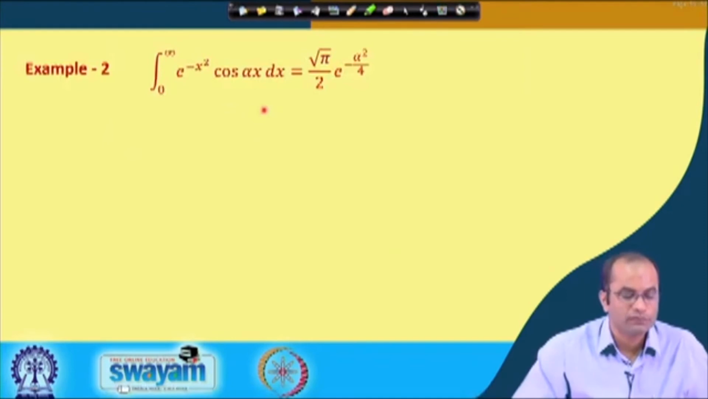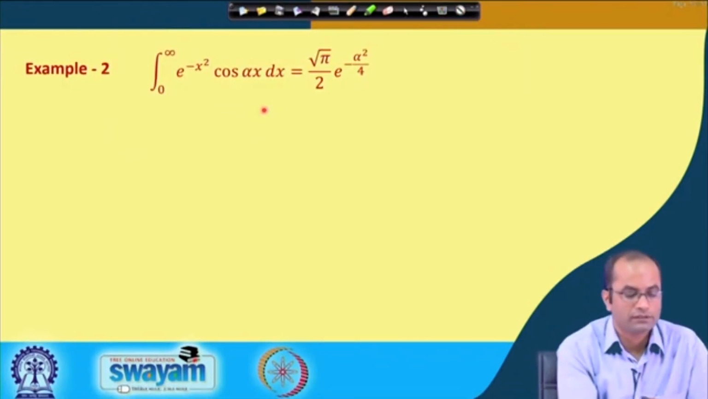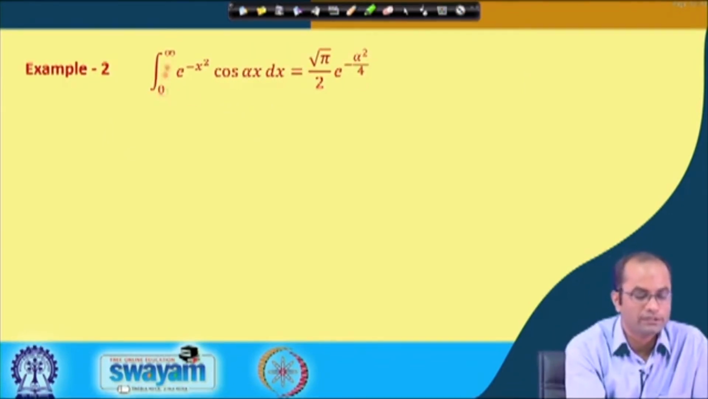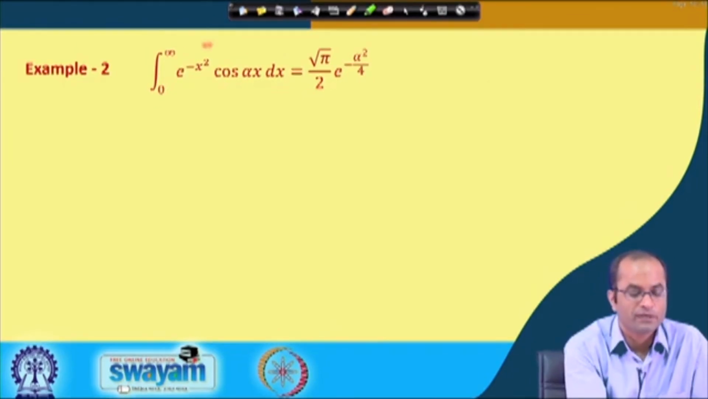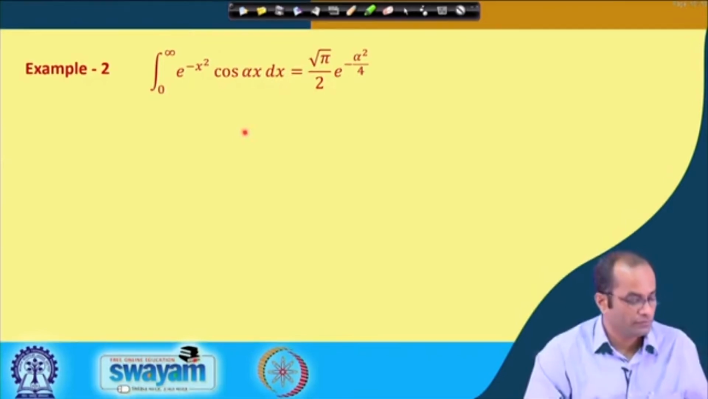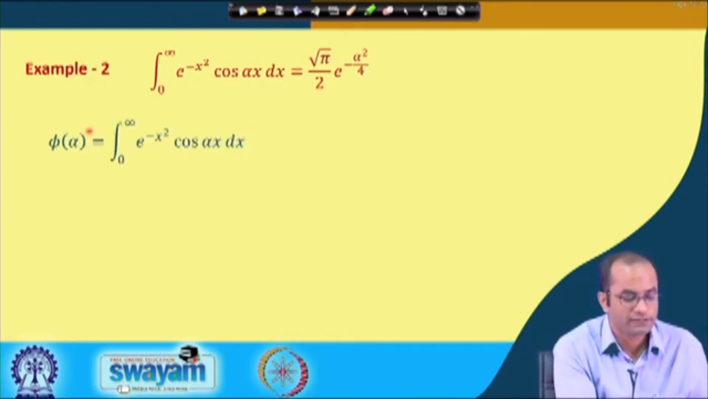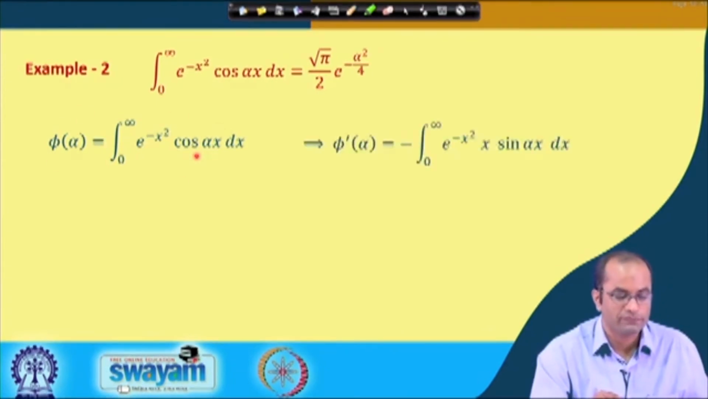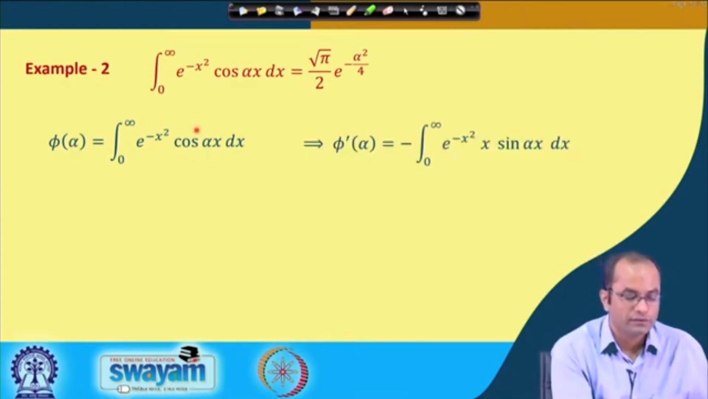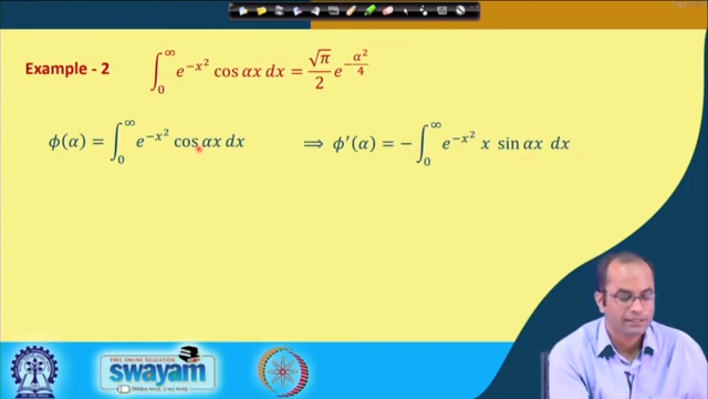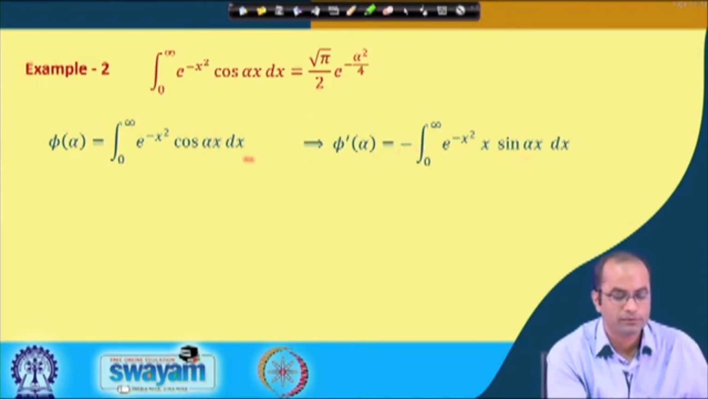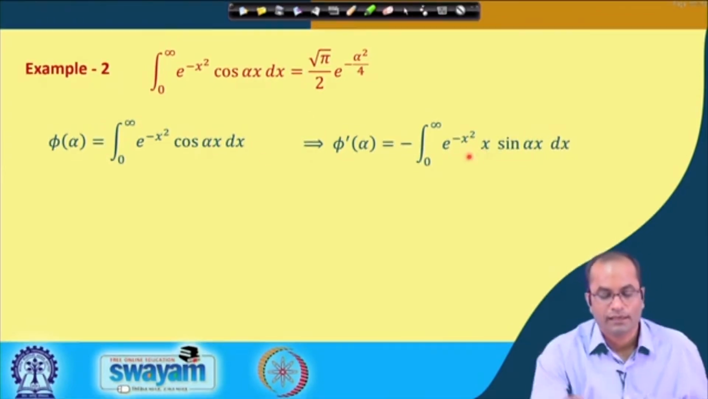So, another example where we will be evaluating the integral from 0 to infinity of e power minus x square and cos alpha x dx. So, again the same process. We will take this as phi of alpha, a function of alpha, and then get the derivative of this phi with respect to alpha. So, here this will become with minus sign, minus sin alpha x, and this alpha x with respect to alpha will give us x,